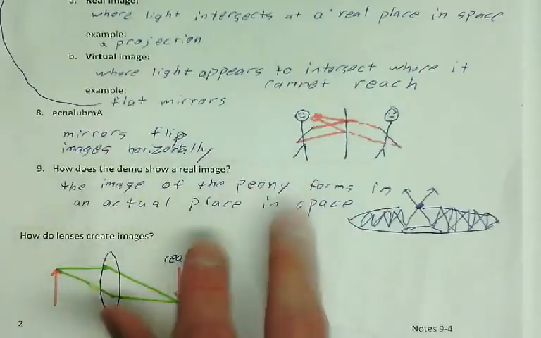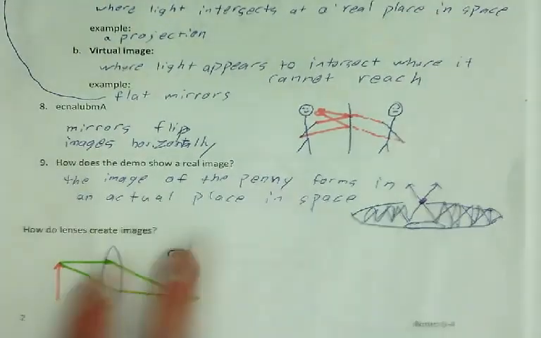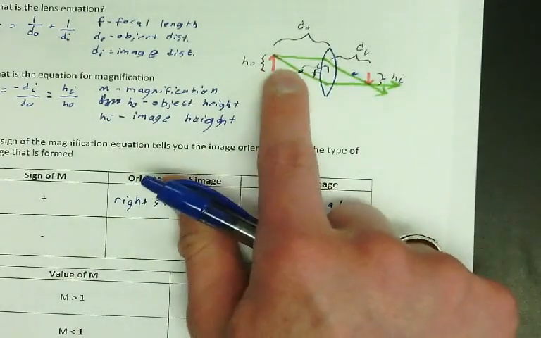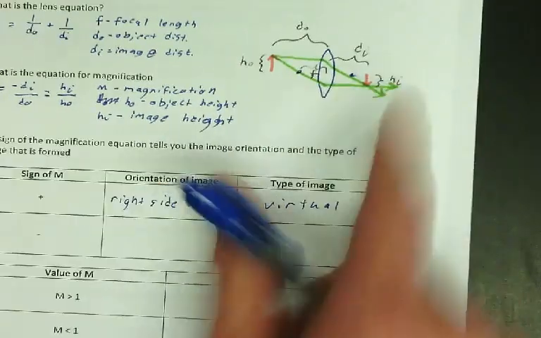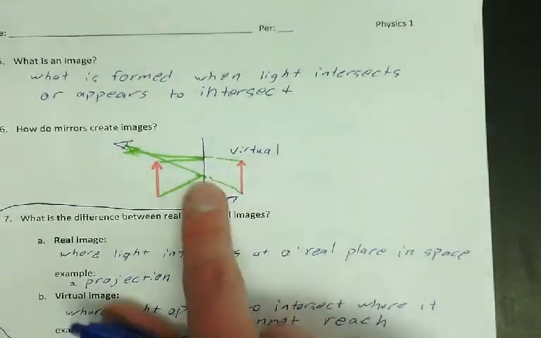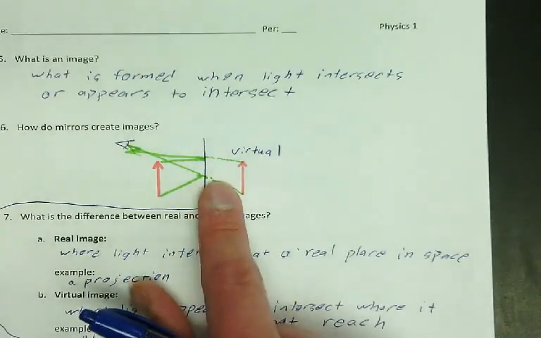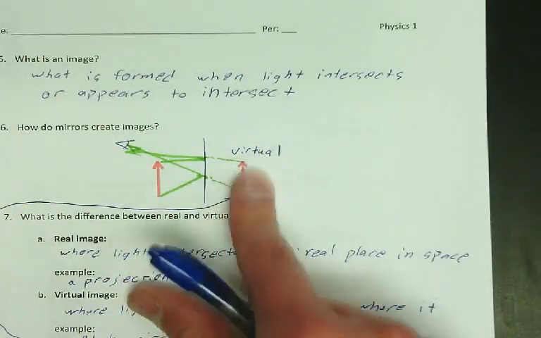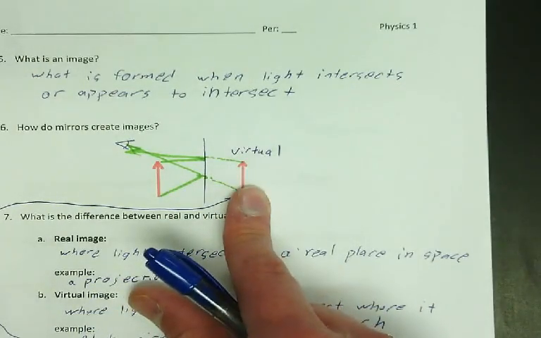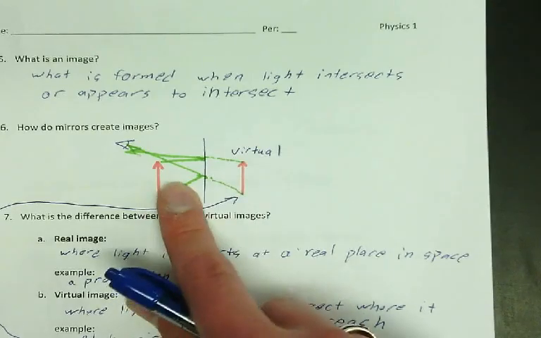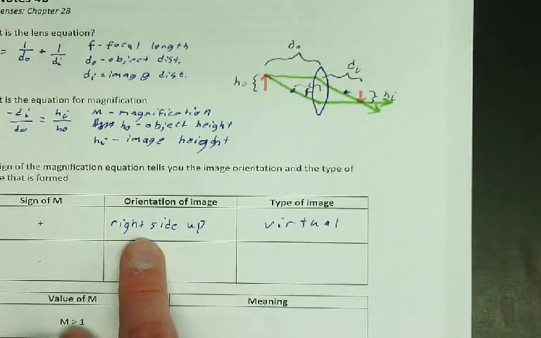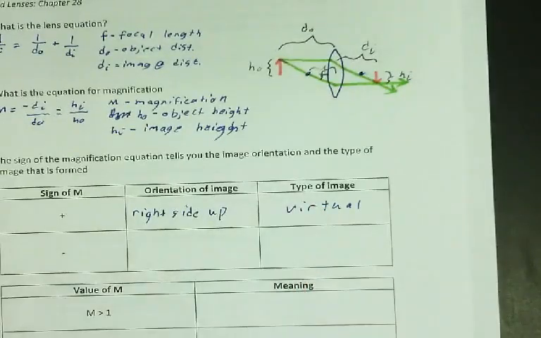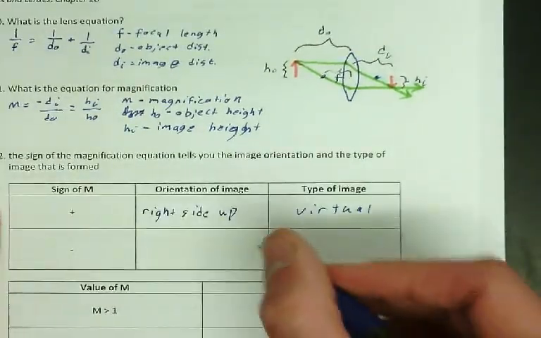So here is a real image. What I drew is a real image. The light actually focuses at a real place in space. A virtual image is like this. It looks like it comes from over here, but it doesn't actually come over there. It came from over here. Okay? So if you have a right side up image, it is always virtual,